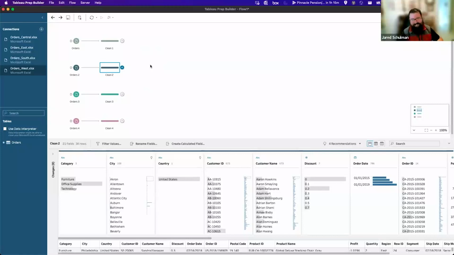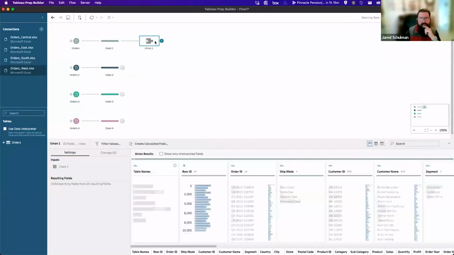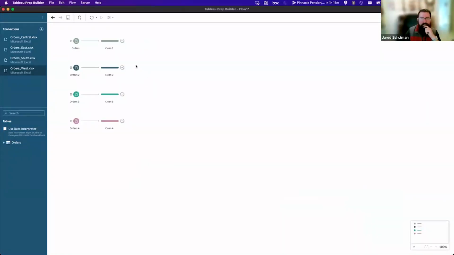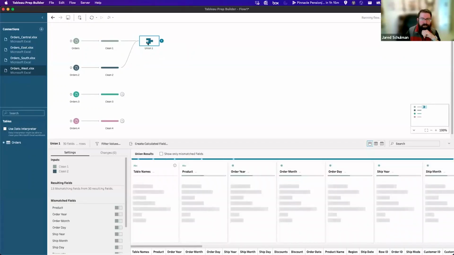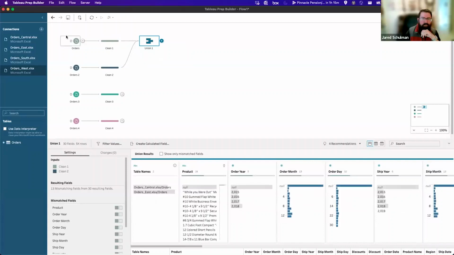So now we can actually get to the union step. There's 2 ways that you can do it. You can either click and add a union step from the end of a clean step, or if you want to save yourself a couple of clicks, you can just click and drag one step onto another, and it'll give you an option to either join it off to the right, or if you drop it below, you can union it. And so we want a union, we're going to drop that there. Now these 2 input steps are going through the clean steps and into the same union.